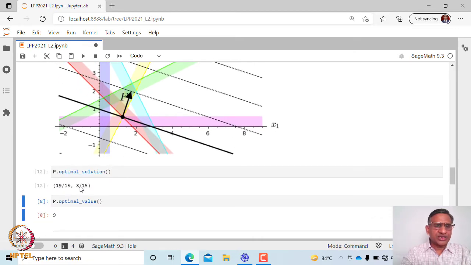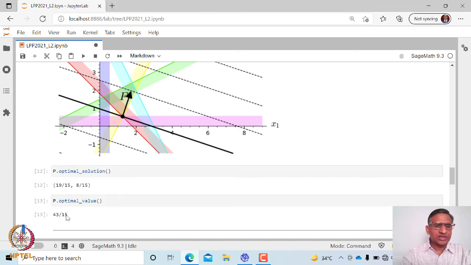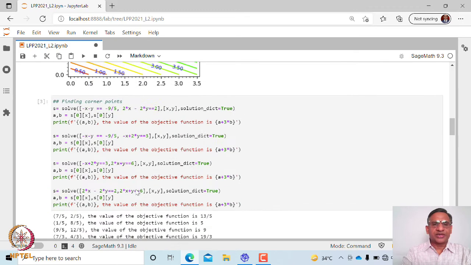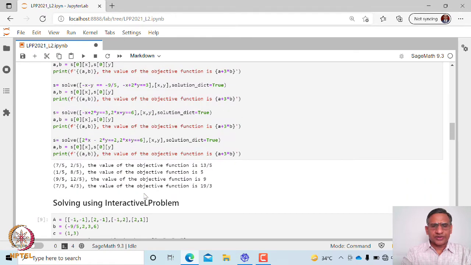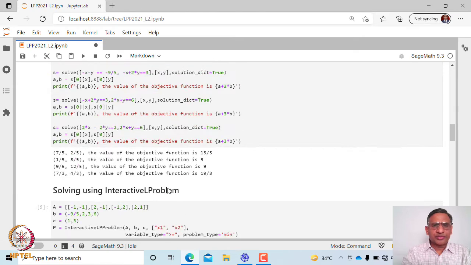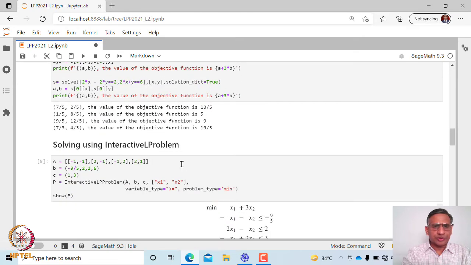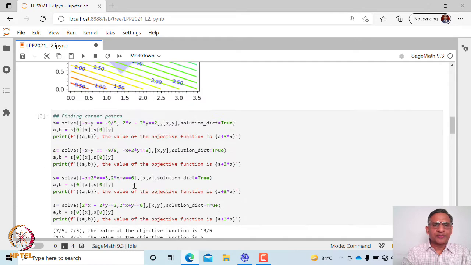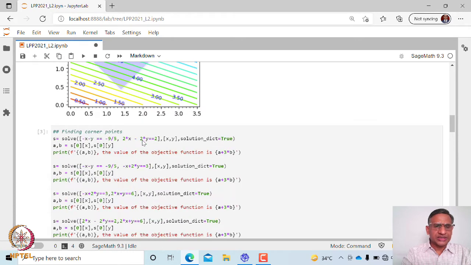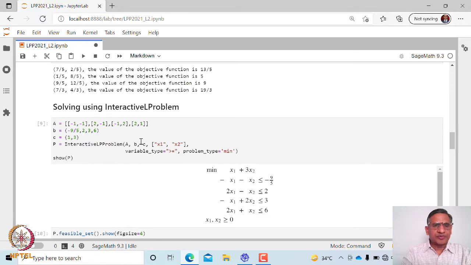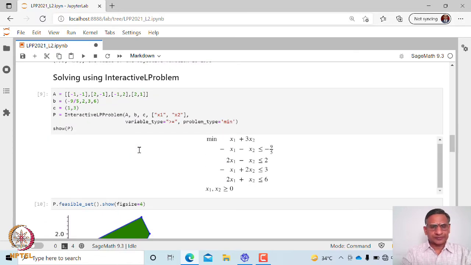This is at 19 by 15, 8 by 15, and the minimum value is going to be 43 by 15. I think there is some problem here. It's possible that we have written some constraint which is not as per this. Anyway, we will just look at this.